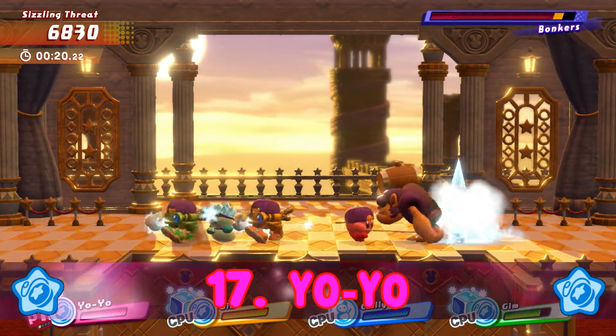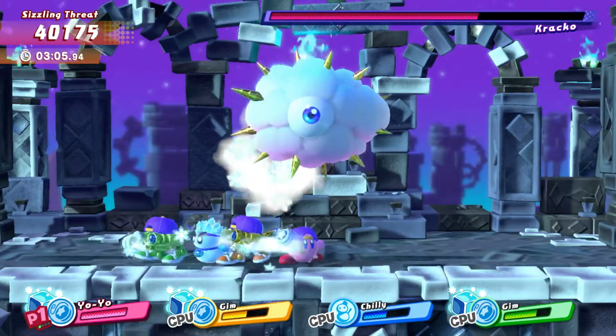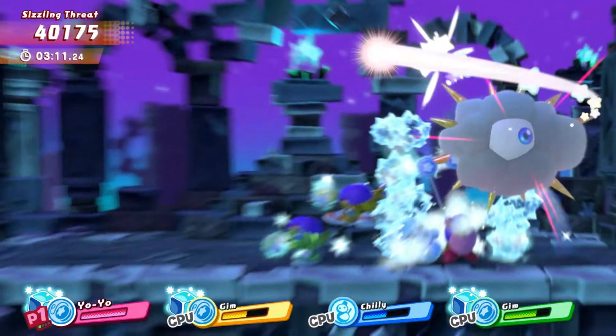Seventeenth place is Yoyo. Who invited Ness to the party? Anyway, with this one, Kirby's basically using a toy as a weapon, but this toy is definitely not your average toy. With it, Kirby has many useful, powerful attacks, including Yo-Yo Orbits, which is a great get-off-me move,